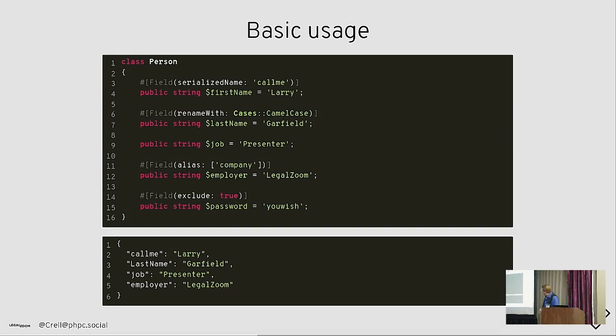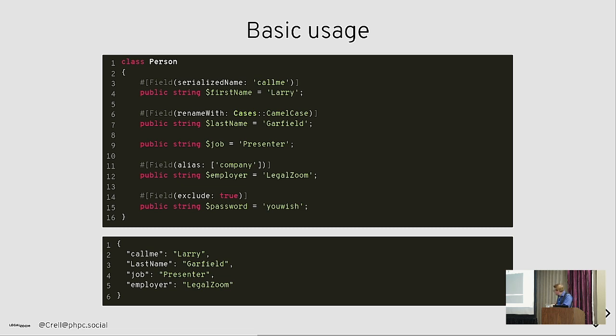So, can we read that? We have this field attribute that you can put on a property, and that controls the serialization behavior. In this case, we're saying first name will get serialized to call me, and then deserialized from a property called call me down here. The last name, we're going to pass through a renaming pattern. So some logic that's going to change what last name turns into.